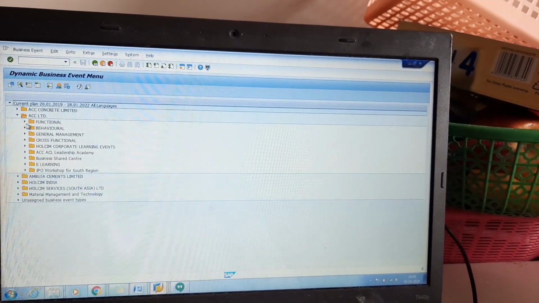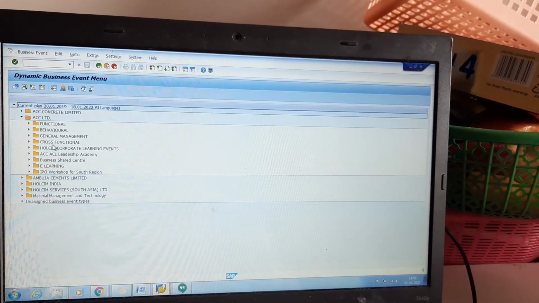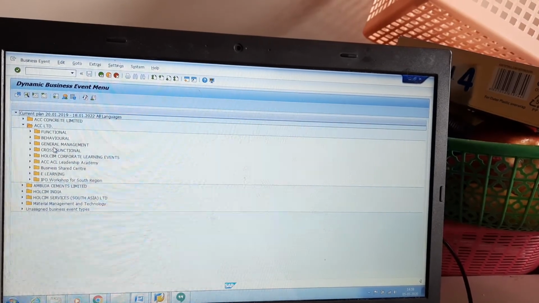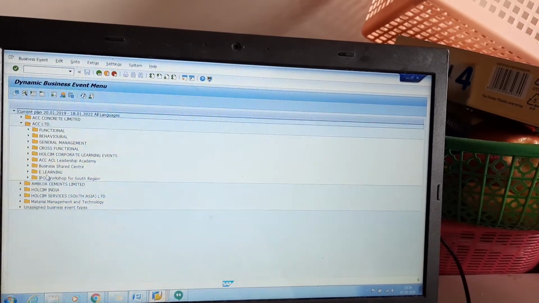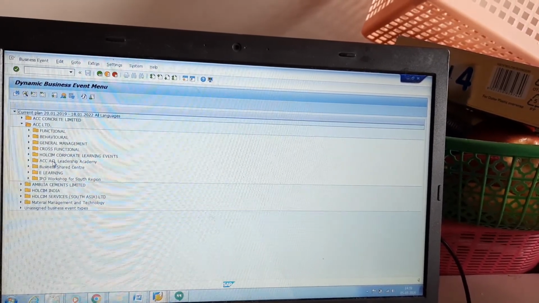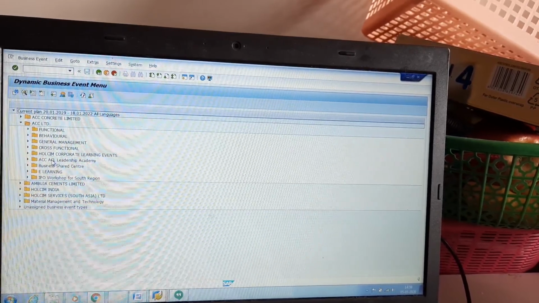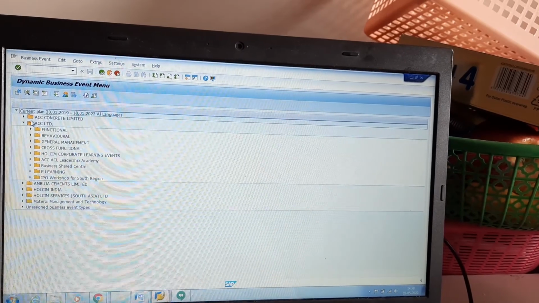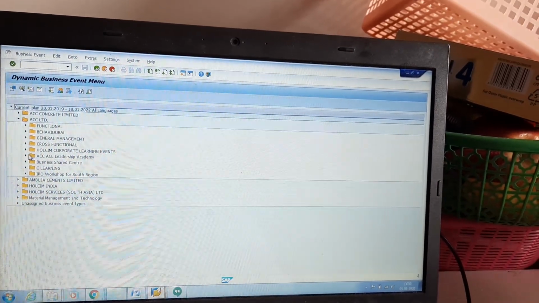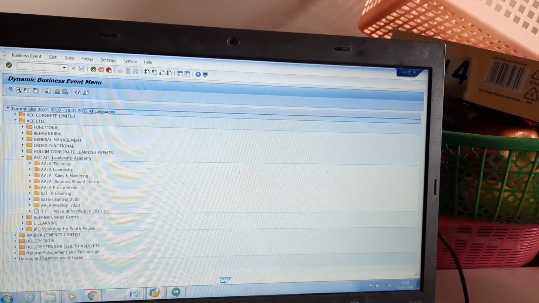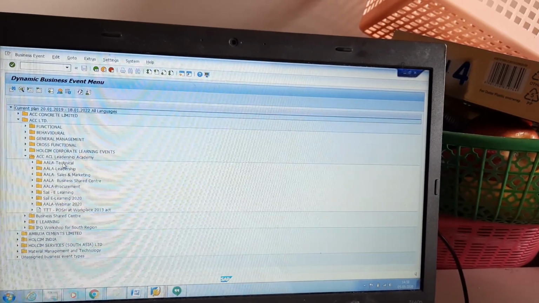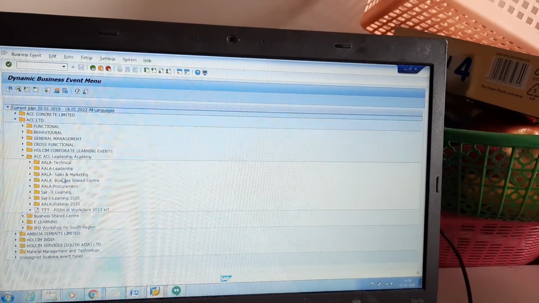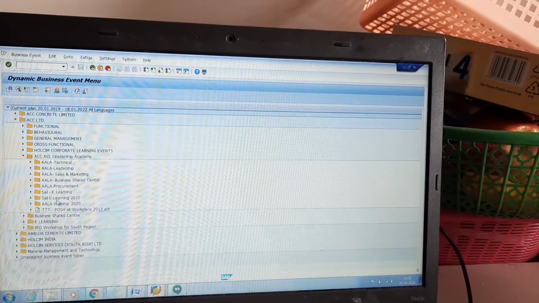Firstly, I will take you through the ACC folder. The ACC folder has n number of folders, called functional, behavioral, general management, cross-functional, etc. We are going to upload our learning and development training records of sales and marketing and leadership under ACC Limited, under ACC Leadership Academy, which is the ACC ALA Academy. Here you can see ALA Technical, ALA Leadership, ALA Sales and Marketing, ALA Procurement, Sale e-learning, and Sale ALA Webinar.